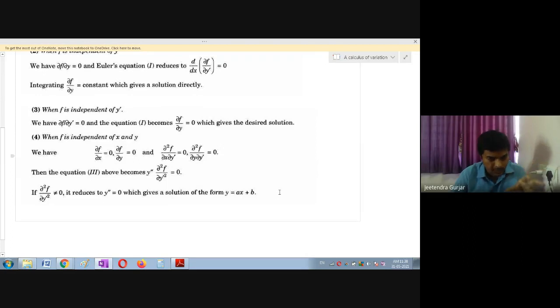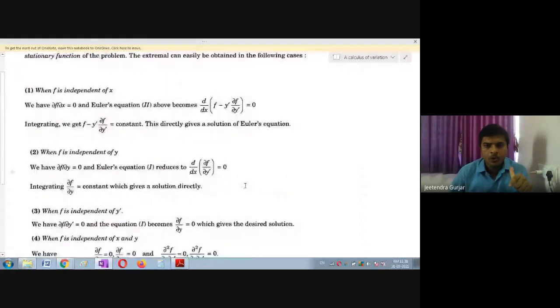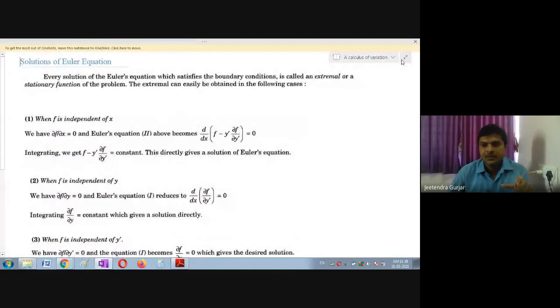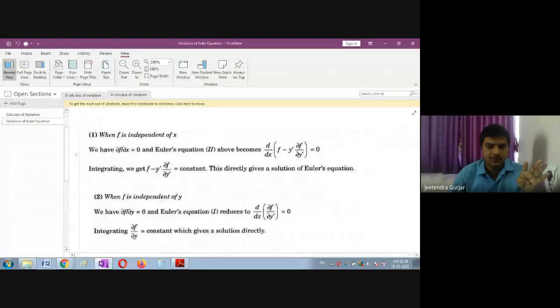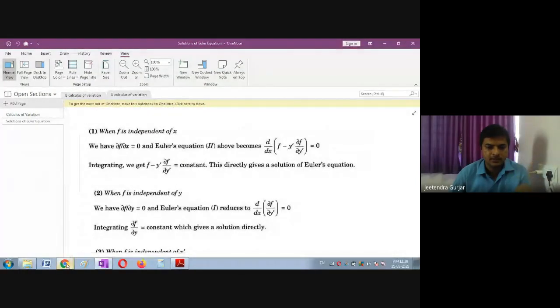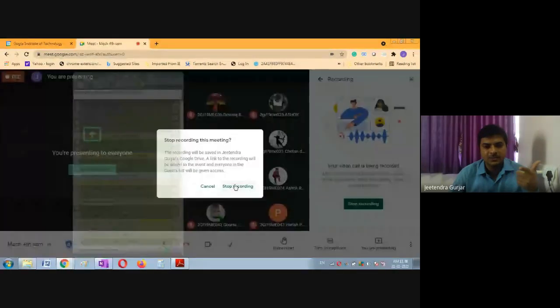So this whole theory part you have to remember, students, and remember for which condition which formula you are going to use. So in today's class we studied Euler's equation, the derivation of Euler's equation, and these conditions, students. Is it clear? So we will continue the same discussion in the next